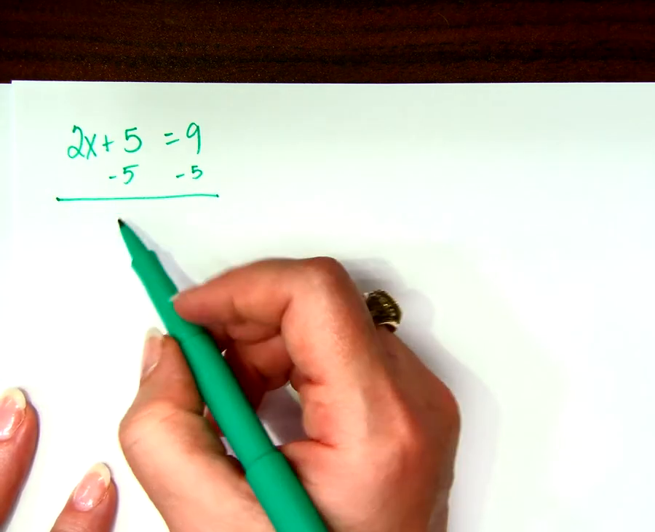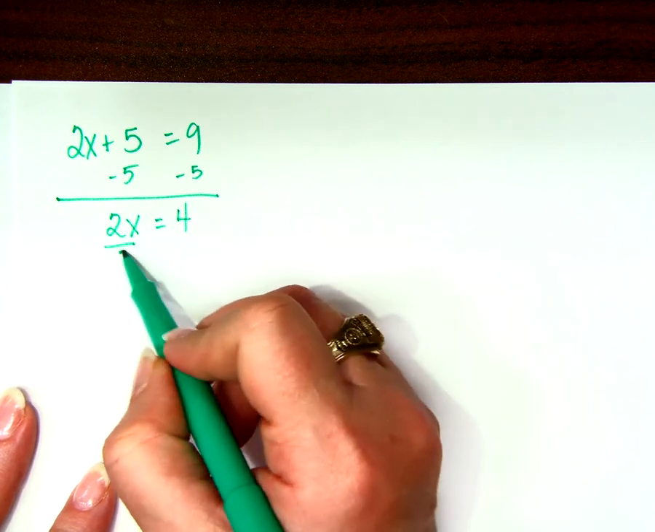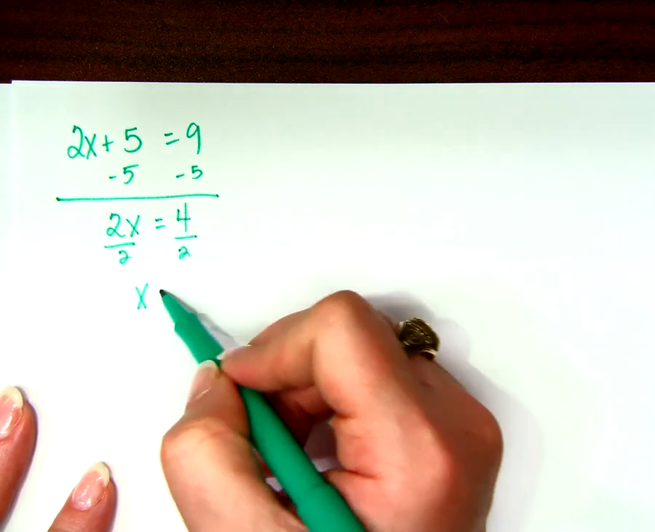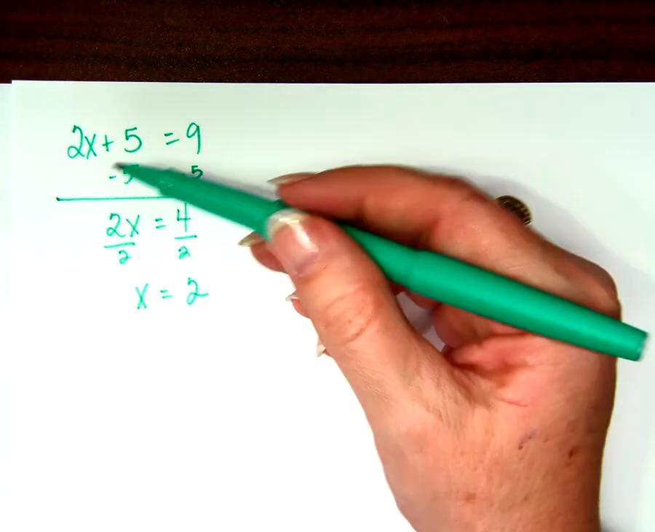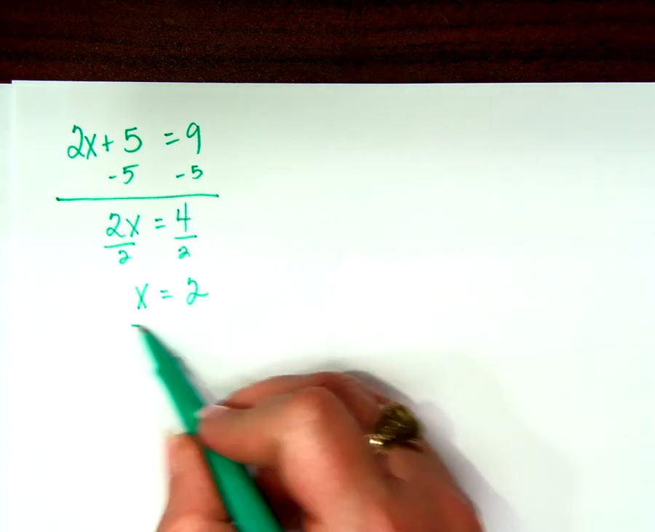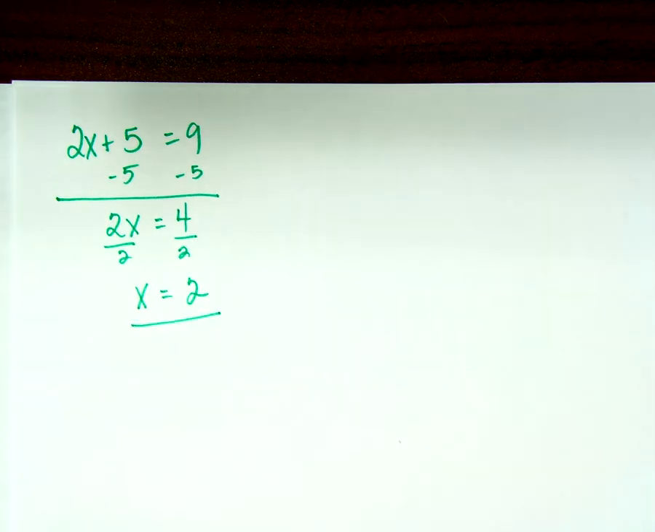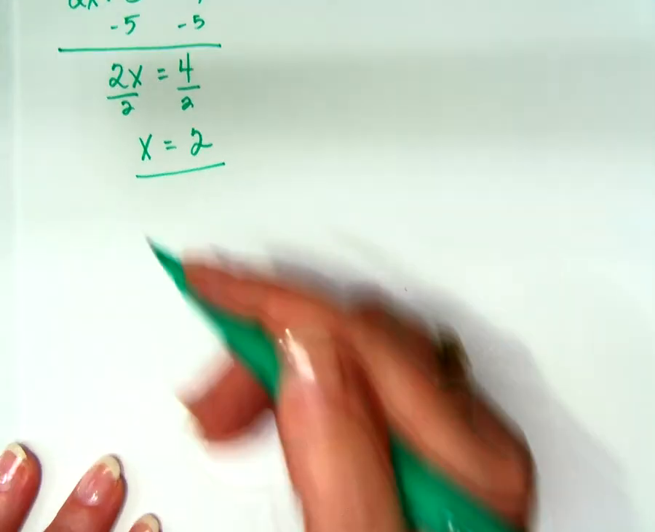Okay? What's left is 2x equals 4. To solve for x, I divide both sides by 2, so x equals 2. Is that the correct answer? And you know that because you could check it, right? 2 times 2 is 4, 4 plus 5 is 9, 9 equals 9. That is the correct answer. Okay? Any more questions about linear equations in one variable? Okay? Let's do one like this